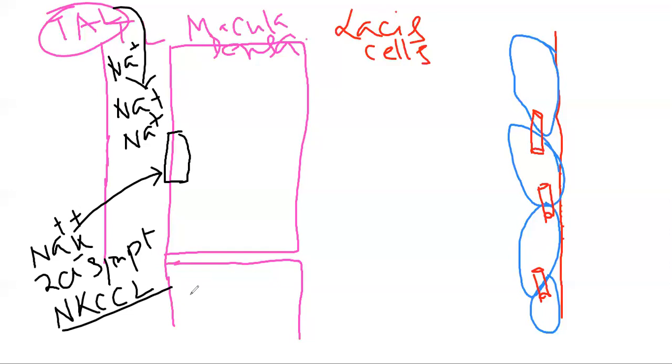If there will be normal GFR, one molecule of sodium, 1 ion of potassium, and 2 ions of chloride will simultaneously get reabsorbed through this NKCC2 channel, and it will eventually come into the macula densa. And in the basolateral side of this tubular lumen, the pump present is known as the sodium potassium ATPase pump. And by this way, this reabsorbed sodium and potassium ion will come into the medullary interstitium eventually.